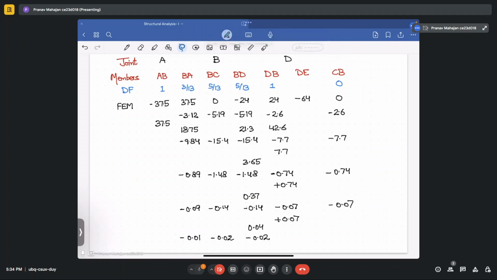Okay. So we will do the final total here. So our final values here are coming out to be 42.8. Here it is minus 23.23. Here it is minus 20.67. Here it is 64. Here it is minus 64. And here the final value is